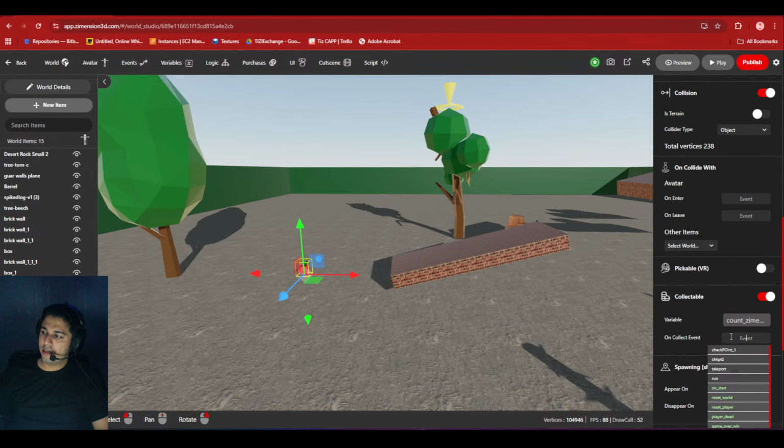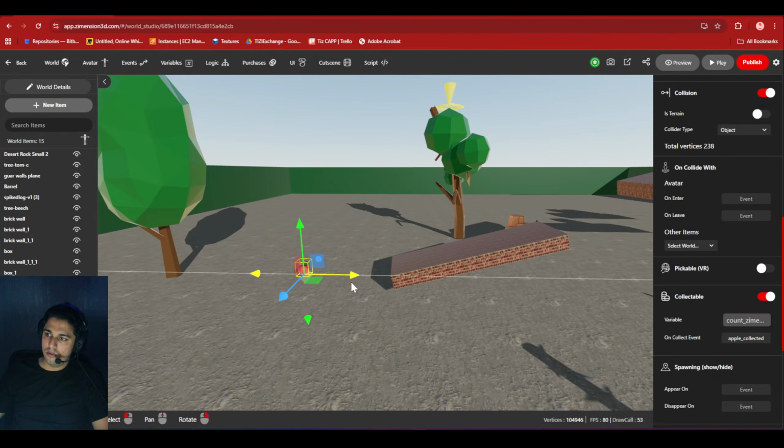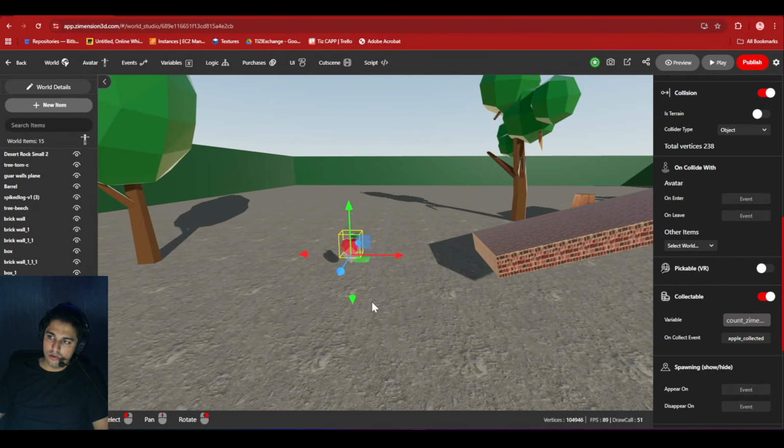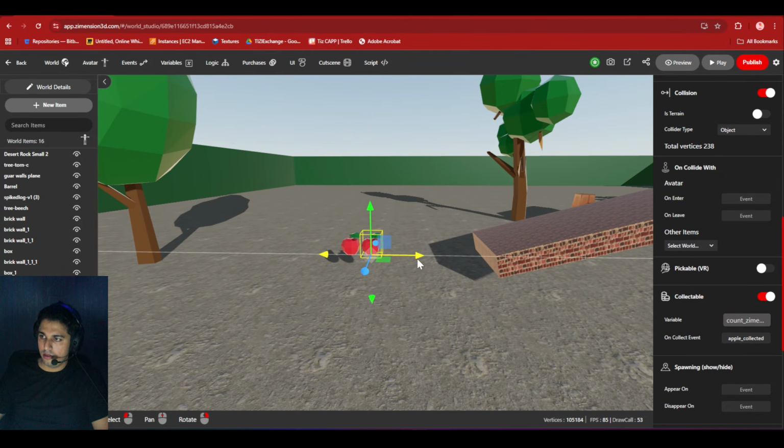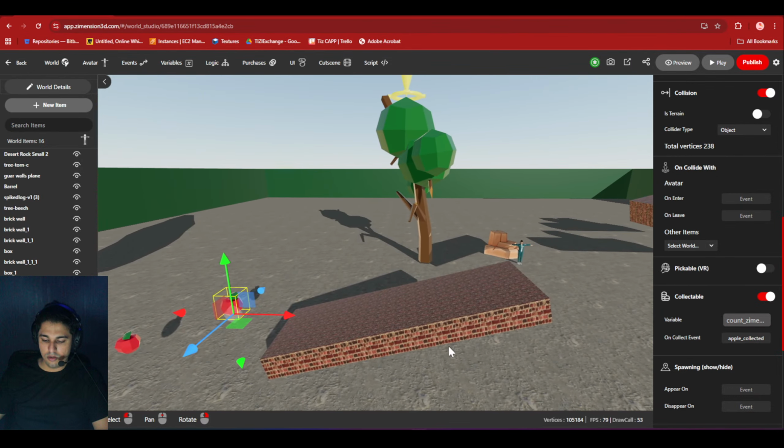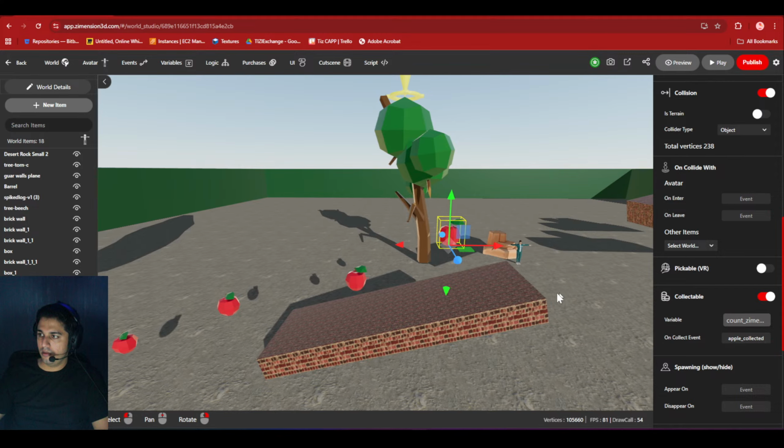Okay, so let us add one more event, and we will use this event later on. So maybe I'll write apple collected. Okay, so why I have defined all the events on this apple? Because when I make a copy, it will make copies of the events as well. So I've added another apple, Shift D, another copy,